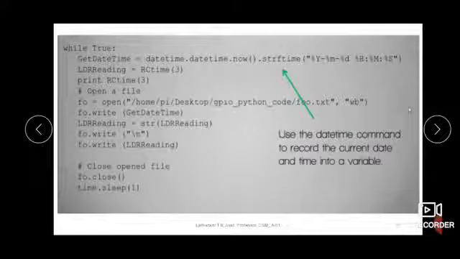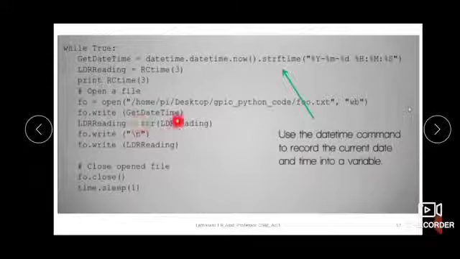What is this WB mode? WB mode means write binary. We have seen read mode, write mode, read-write mode, isn't it? So this is WB mode, which is write binary. This file will be opened in write mode, and we can write binary data. The handle is FO for this file. Then FO.write means this file will be handled here by FO, and it is accessed for writing.